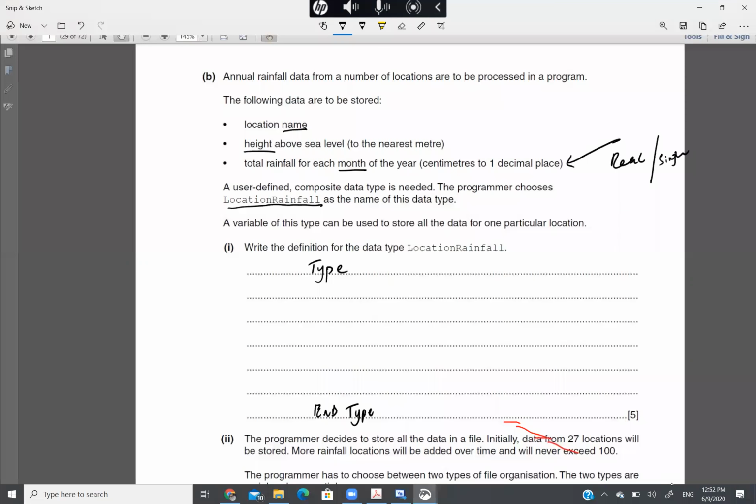Location name को आप बहुत आराम से declare कर सकते हो. Declare... कुछ भी नाम रख सकते हो variable का. You can name it like anything. String. और वैसे पूरा declare लिख लेना बेहतर होता है. Declare location height. It's nearest to 1 meter. It's an integer. And declare